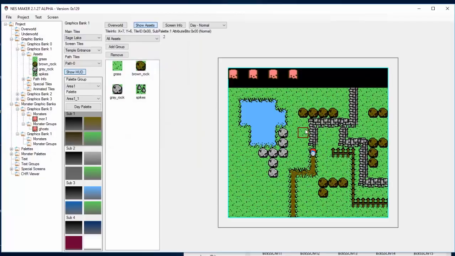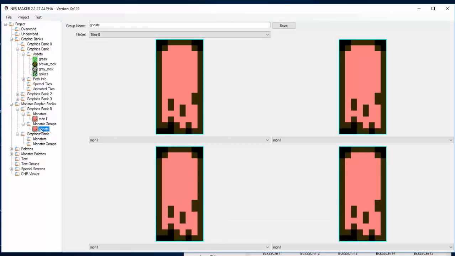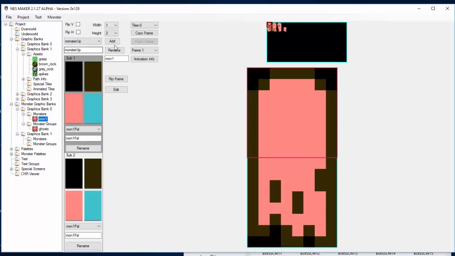And now I'm just going to play the game and test them. How they should behave is they should move randomly, then change direction, then stop. And when they're stopped, I can't hurt them. In fact, to really demonstrate what happens when they're stopped, I'm going to make a new frame,